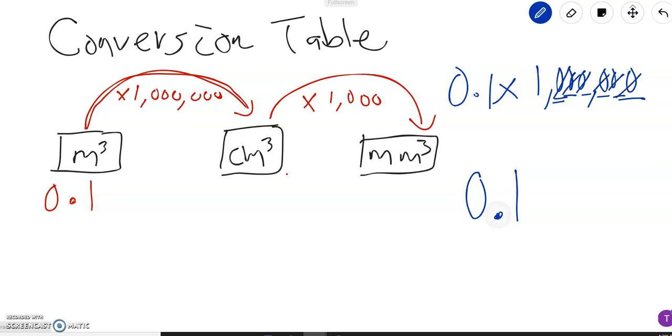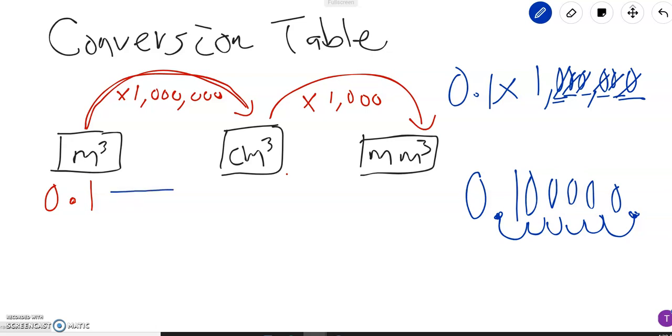We'll move the decimal point 1, 2, 3, 4, 5, 6, and we'll fill in those empty spaces with zeros, 1, 2, 3, 4, 5 zeros. So that means 0.1 cubic meters is going to be 1 with 5 zeros. 1, 2, 3, 4, 5. That means it's going to be 100,000